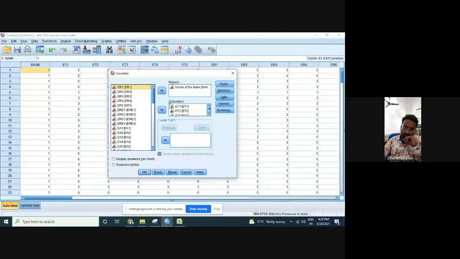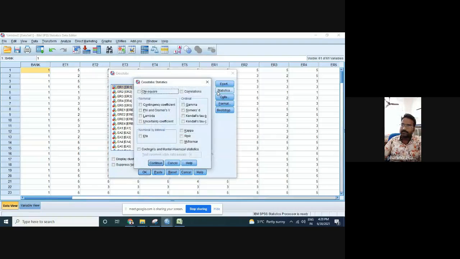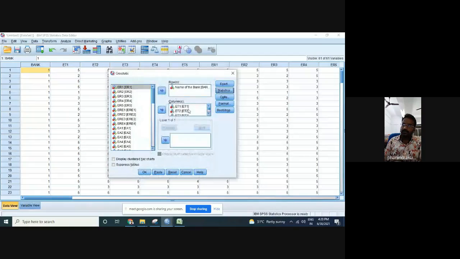Now when we want to compare, when you go for the advanced options, you can see these Crosstab statistics, where we have chi-square and also correlations. For this, I'm taking only one variable first, only ET1. What is chi-square? We should be clear that it is only possible when we take observed frequencies and also expected frequencies. Unless you determine what is observed and what is expected, you cannot determine the chi-square.